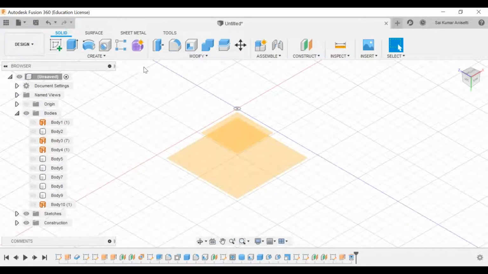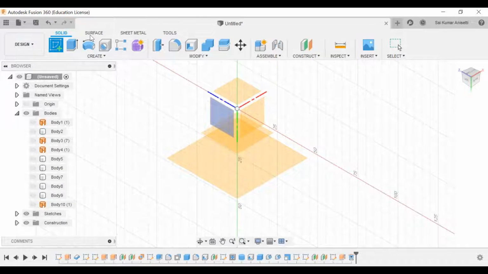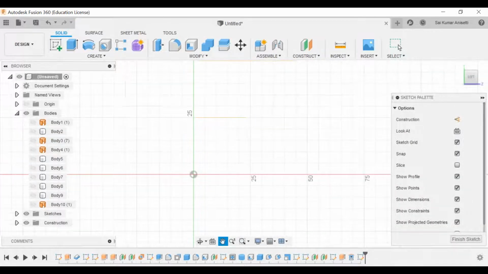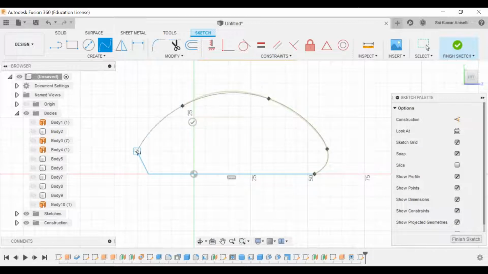Now let me create a simple sketch and a simple solid element. I'll take this face and quickly create a sample mouse over here directly. Go to the spline option and create it.